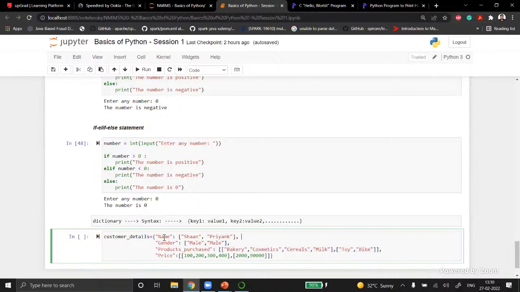Getting it? Now, what is the first key? Name, right? So I'm giving a list here. Why am I giving a list here? Because this name can hold multiple names, right? That's why I'm giving a list here. And another reason why I'm giving a list here is that